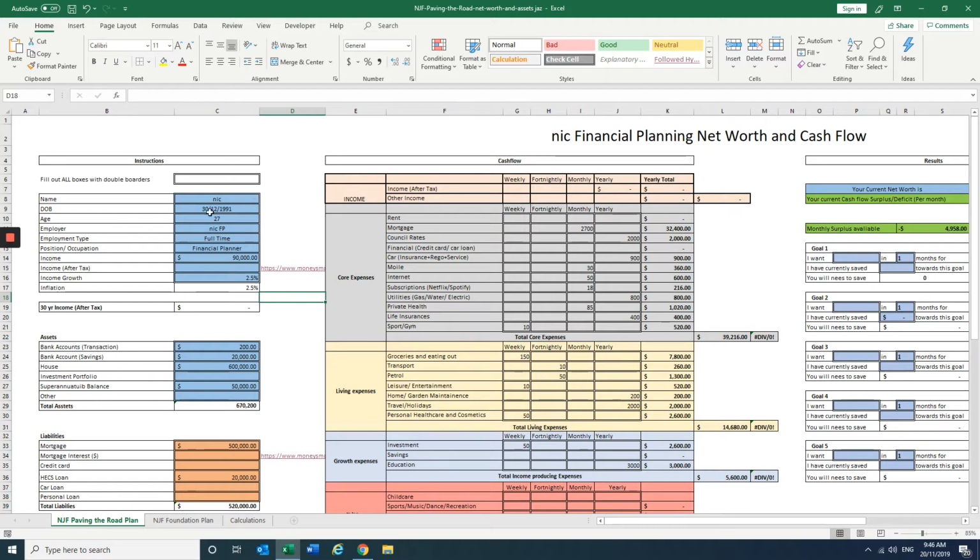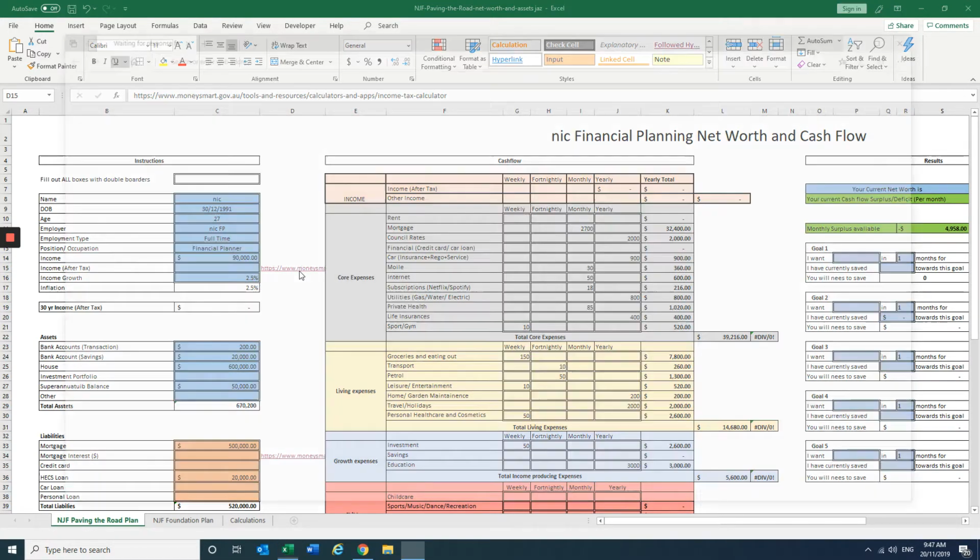So you'll see my name, Nick, date of birth, age, employer, financial planner as an occupation, and my income. So see 90,000 here. But we want to know what is my income after tax, because essentially that's the income that I can use. So we will click on this link here, and it's going to take us online to